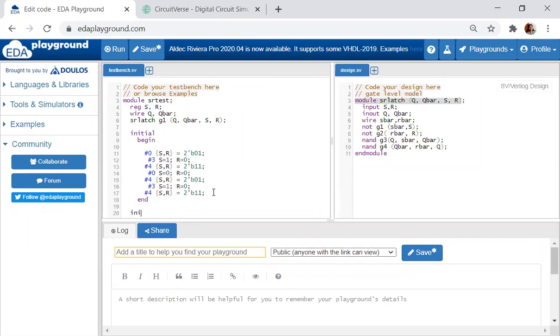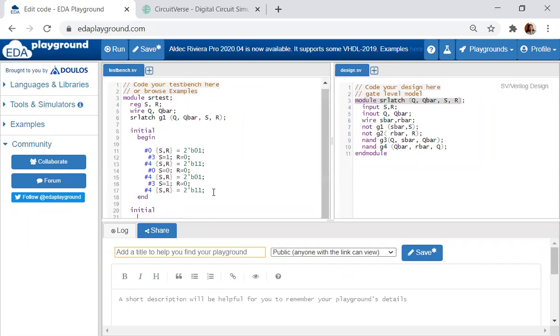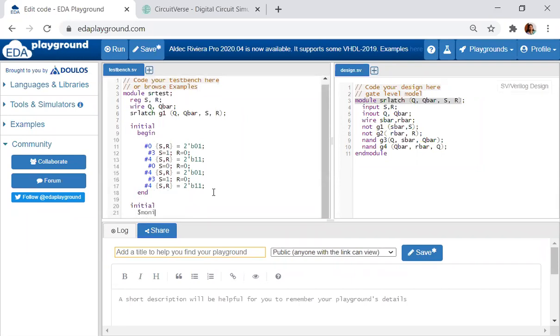Now I have to see the output. Initial, $monitor. I have to print it; this is similar to a printf statement. $monitor, let me print the time, comma, then S is equal to %b, because it's in binary.